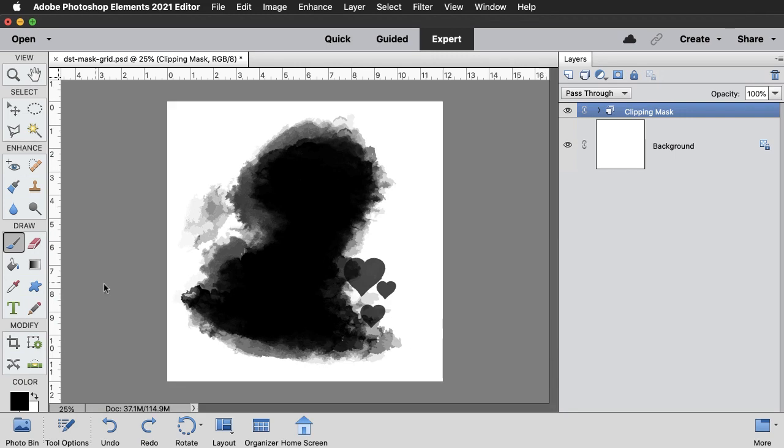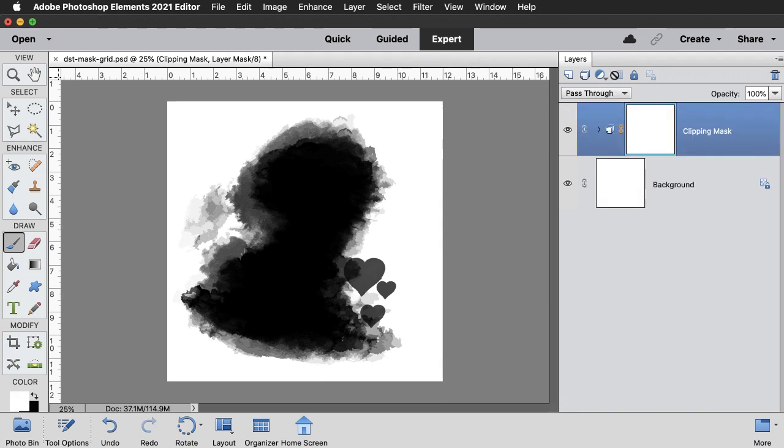And now that we have the brush, in the Layers panel, click on the Clipping Mask group to make sure that it's active, and you'll want to close it just to reduce clutter. Now click on the Add Layer Mask icon. Nothing should have changed on your document because the layer mask is filled with white, and in Layer Mask lingo, white reveals. So everything on the document is still revealed at this point.